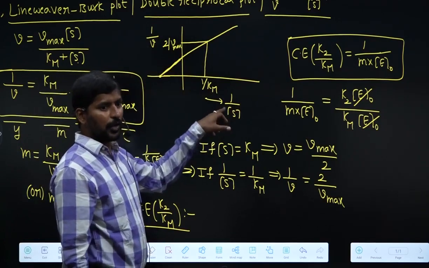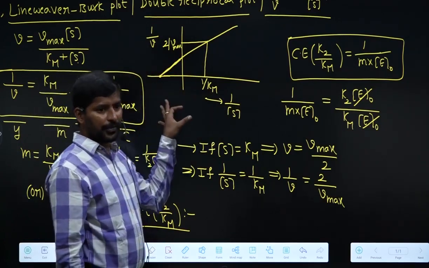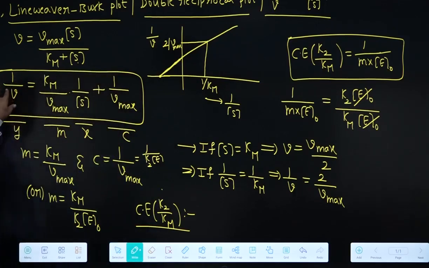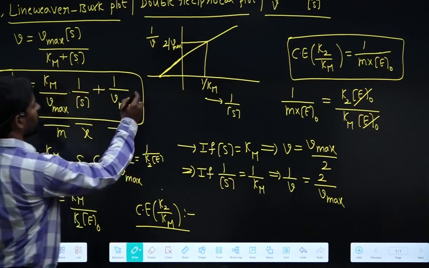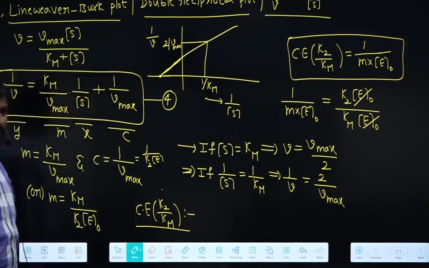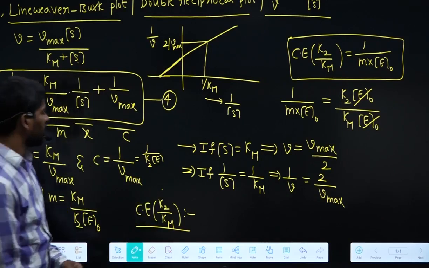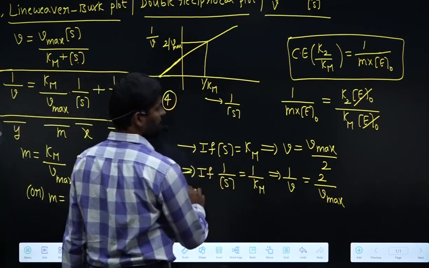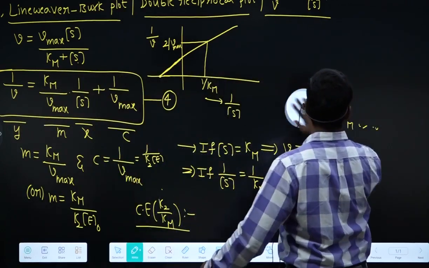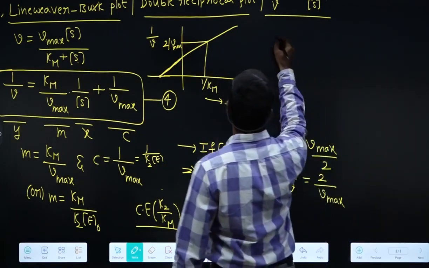For which value of 1 by s does 1 by v become 0? So in this equation you may substitute 1 by v as 0 and get the expression for 1 by s. Let us consider this is equation 4. So from 4,